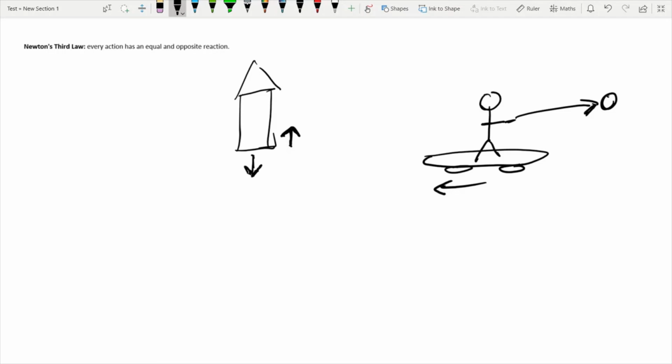So every action has an equal and opposite reaction. So if A exerts a force on B, then B exerts an equal and opposite